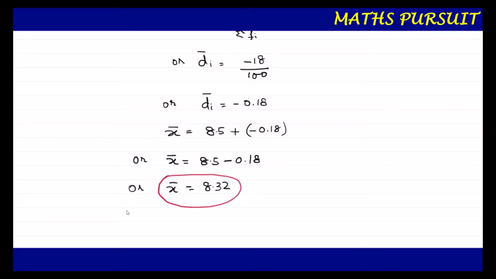Now we can note down our concluding answer, saying that because the question asked us to find the mean number of letters in the surnames, so we can write: hence the mean number of letters in the surnames is 8.32. Hope guys we are very clear what we did in finding out the mean. After finding out the mean, we are going to move ahead to find out the median.